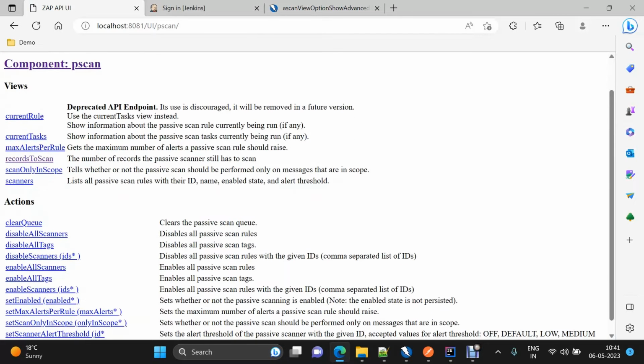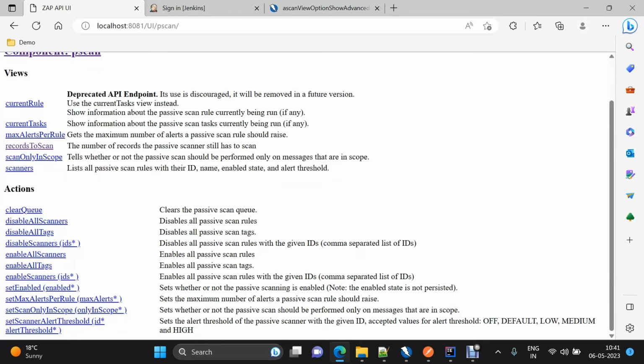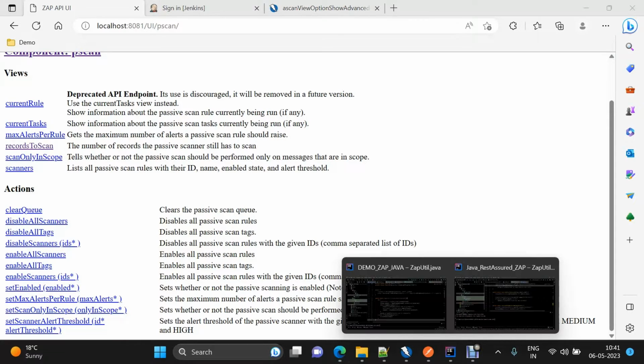Here you have all the actions. It is a view that we need to perform, we need to see the results, so that's why it is under view. Whenever you need to perform actions, these are the action related endpoints for the passive scan. You see the description here: the number of records the passive scan still has to scan. So on the basis of that,